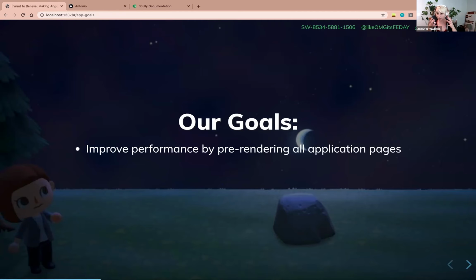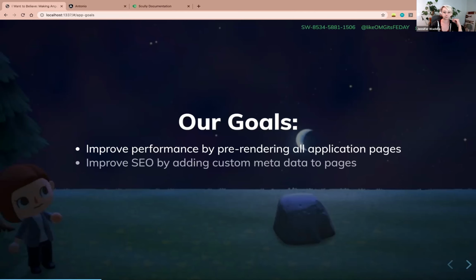So we want to take this very dynamic code base where I am making a request to a third-party API to populate all those villagers. We want to take what's happening there, pre-render it, and just serve that static HTML page in the browser while we load the Angular code in the background. That way users are going to get to it faster, and search engines are going to pick it up faster.